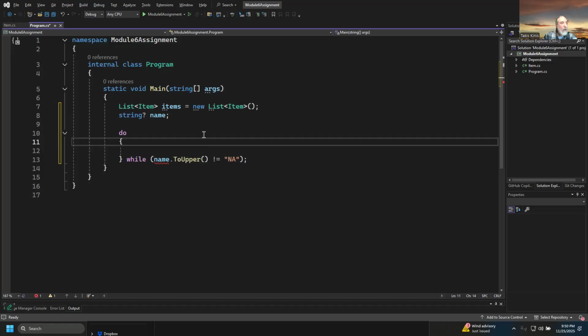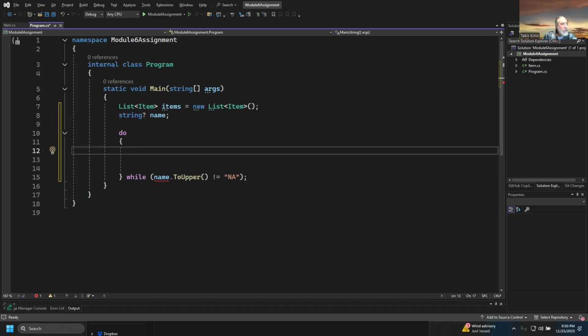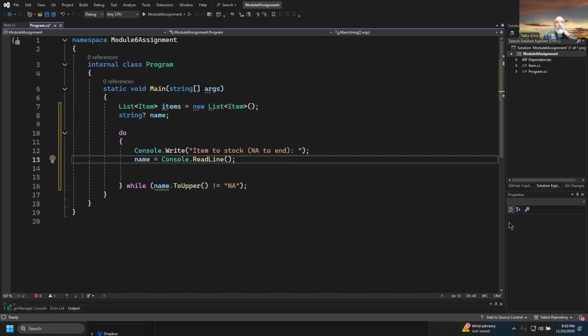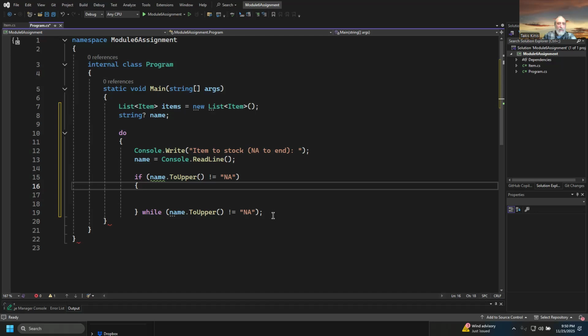Okay, so now we'll start with our prompting here. I'm going to first do a Console ReadLine: what's the item to stock? I'm going to read it in. We're going to follow the same logic we used last time, by the way. So I'm going to do an if statement, and with the if statement, as long as they don't type NA, I'll continue with the rest of the prompts. So I'll grab